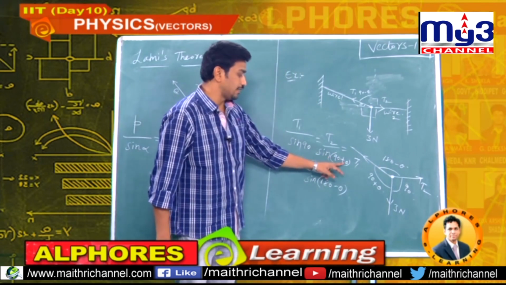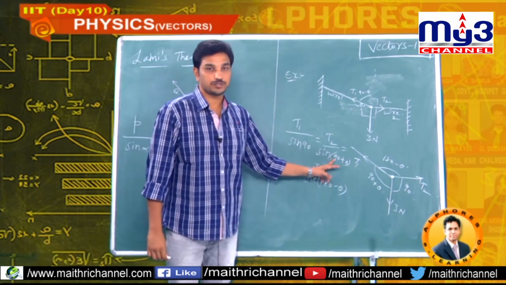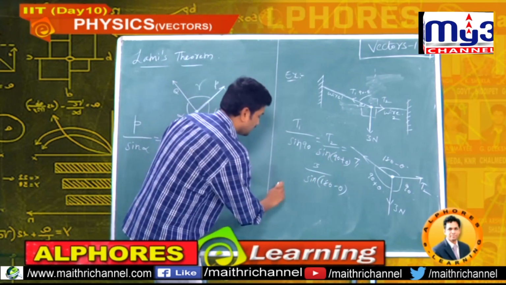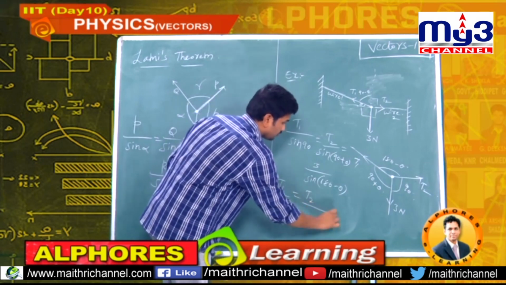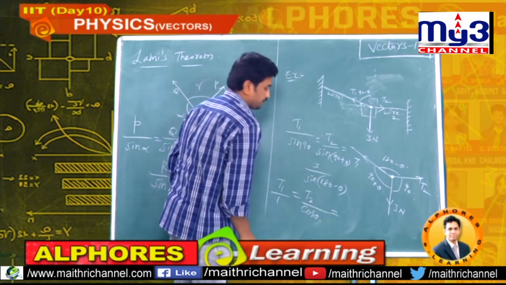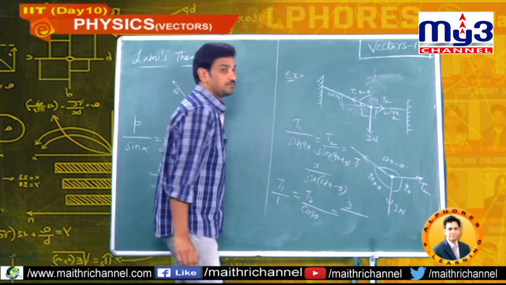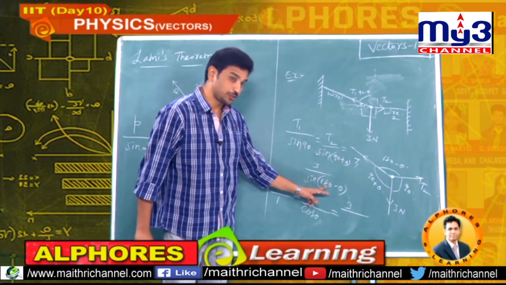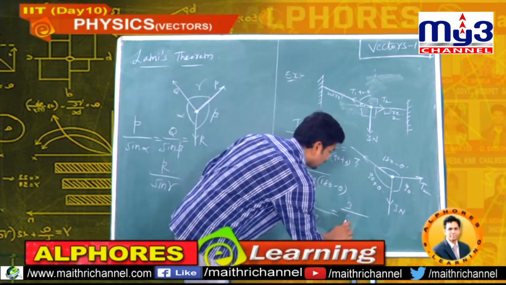Now sine of 90 plus theta is in the second quadrant. In the second quadrant sine value is positive. For 90 and 270, sine will change as cos. T1 over sine 90, value 1. T2 over sine of 90 plus theta, which I will change as cos theta. 3 by sine of 180 minus theta. 180 minus theta is in the second quadrant, where sine is positive. For 180 and 360 you will get sine as sine. Now, sine theta.